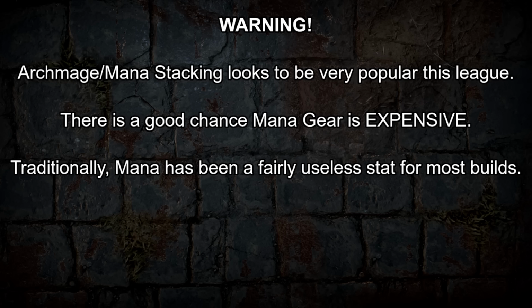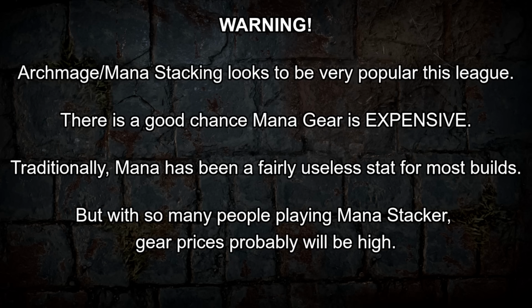The last couple of leagues at league start, maybe 1, 2, 3% of the player base has really been looking for mana gear. But with this peaked interest in Archmage support and mana stacking builds, it's possible that the number climbs much higher, to 10, 20, 30, maybe even 40% of players hungry for mana on gear. And where an extra line of mana early on might have been essentially no extra cost in a trade economy, it could become a valuable commodity to find well-rolled mana gear, potentially driving the price up to a significant amount of chaos or divines. So, with all of that out of the way, let's get into the meat of the video,